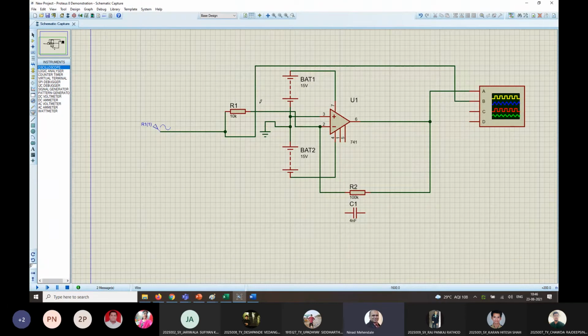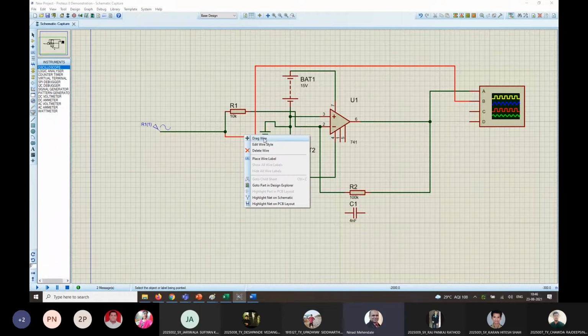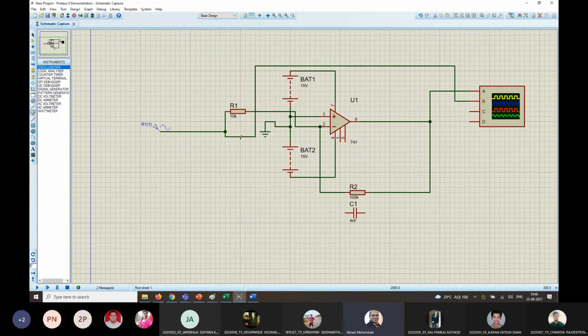So this is how you can control the motion of these lines. And once you draw them, even later on you can right click, say drag wire, and then just move those wires, something like this also you can do.